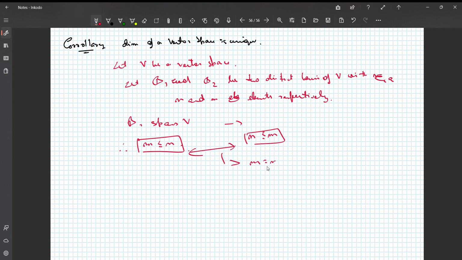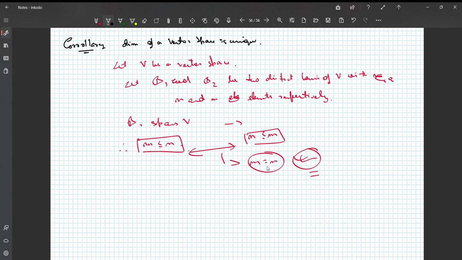And both of these statements basically mean that M must be equal to N. So that is all we actually require to prove. Right. So dimension of a vector space is fairly unique if it exists. Okay. Now,